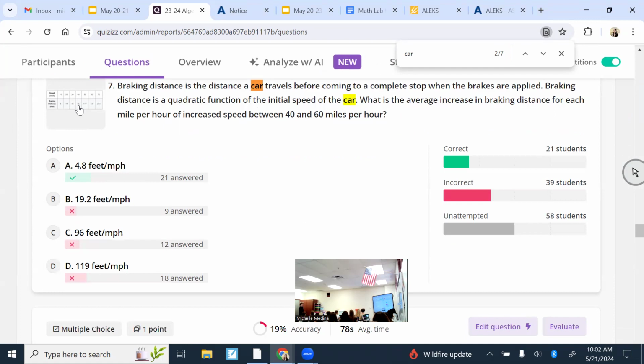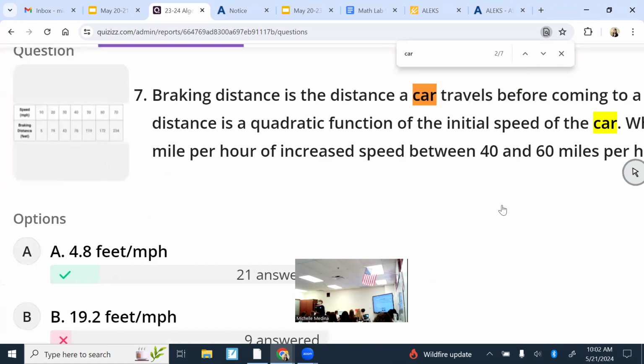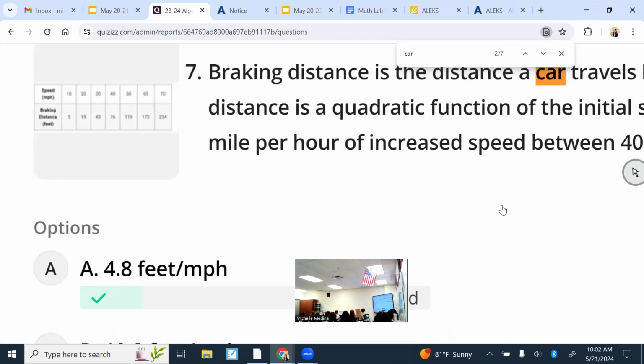So then from the table, I'm going to look at where the intervals are 40 to 60. And I know it's hard to see, so I'll write them off to the side. But for these average rate of change problems, they're always going to tell you where they want you to look, because not necessarily is the average rate of change the same throughout our exponentials or quadratics. So they want it from where x is 60 and where x is 40. So these are my two coordinates that I'm looking at